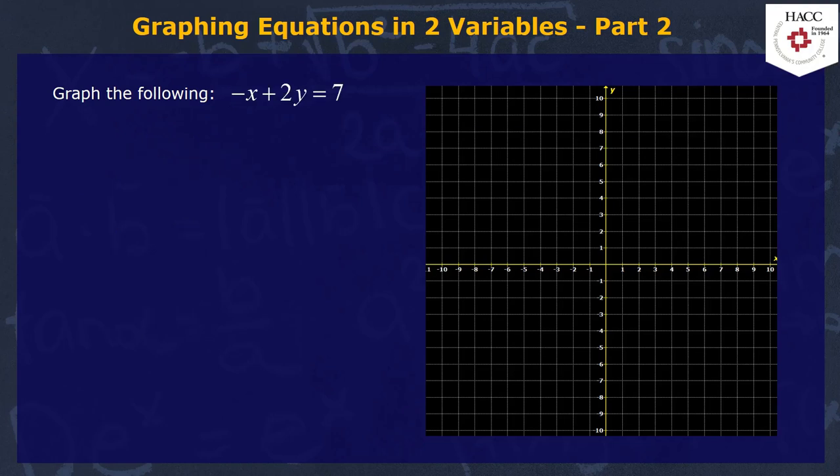One of the things that we start seeing here, and the reason why it becomes important for us to come up with other methods to graph things, is because just picking random points does not always work nicely. Case in point here, I have -x plus 2y equaling 7. So I want to start a table here, and maybe I'll get lucky with some of these, maybe I won't. So if I say let x be -2, 0, 2, and